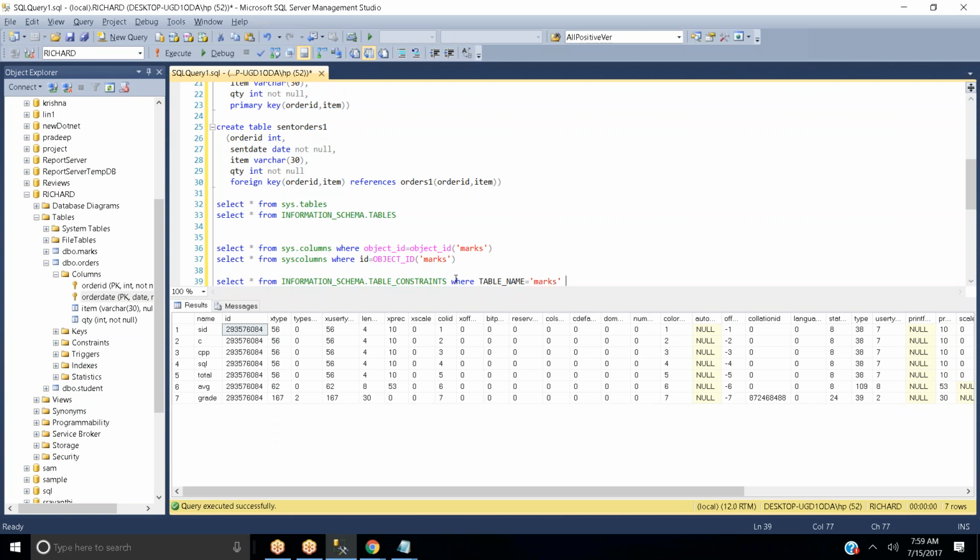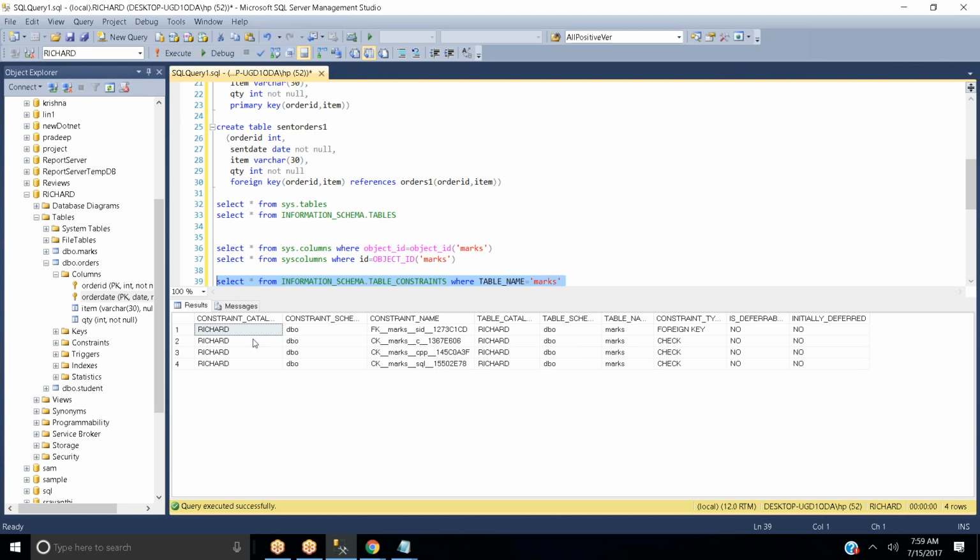So with the help of this information schema, you are going to get the table constraints, and you need to specify your marks table. Through this you will get the constraints that have been defined as part of your marks table. See, under the Richard database, under your marks table, you can see the foreign key defined for the student ID column, and for the C column, CPP as well as SQL, you have defined a check constraint.